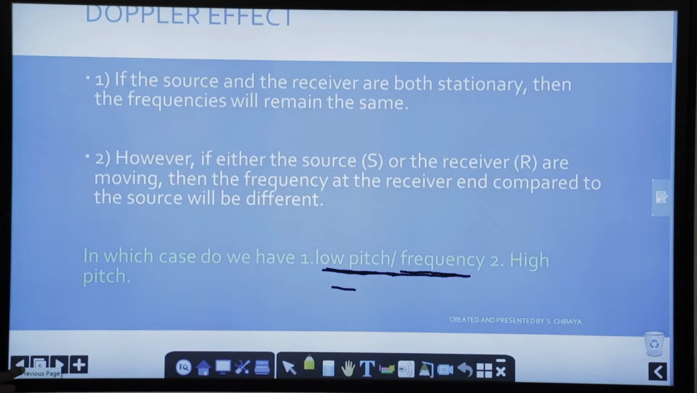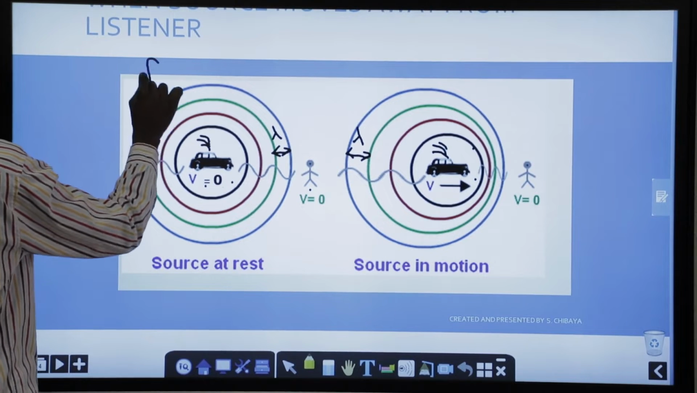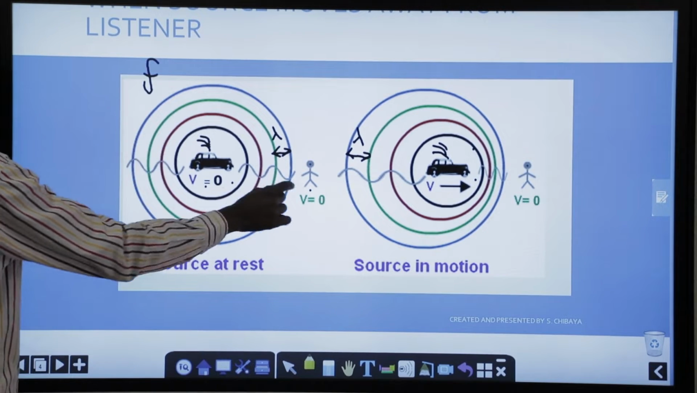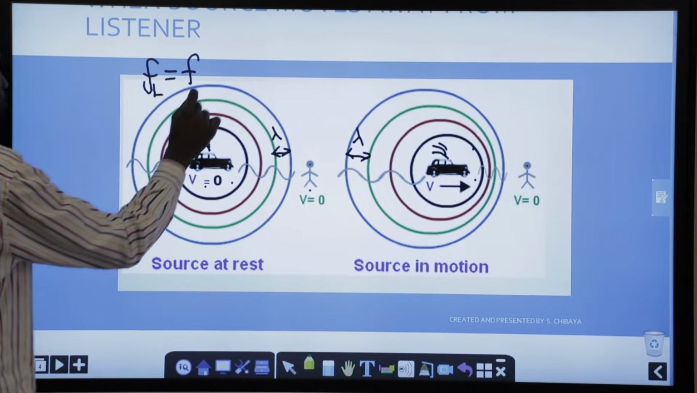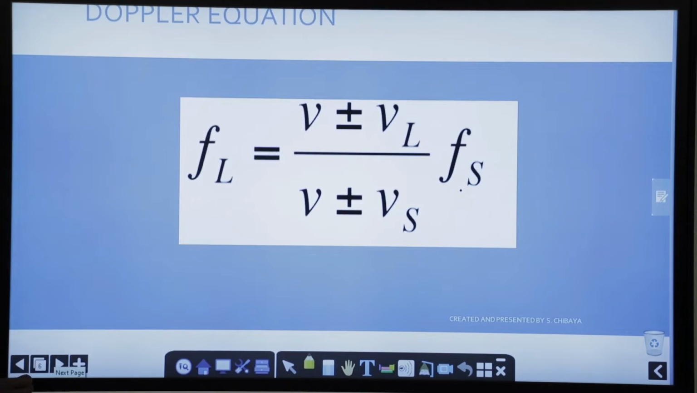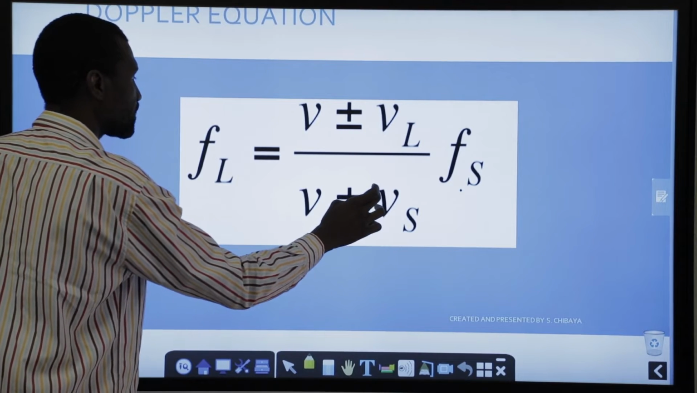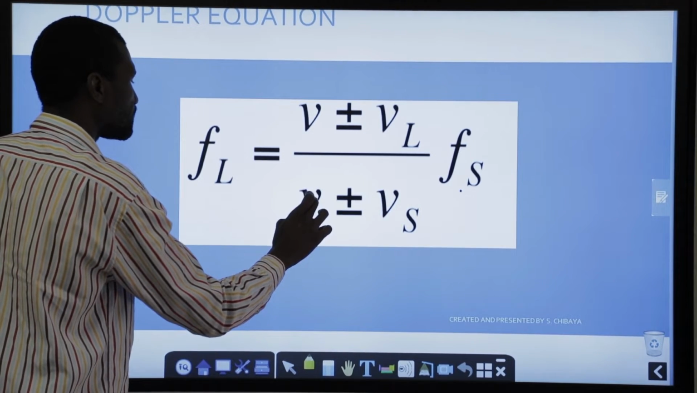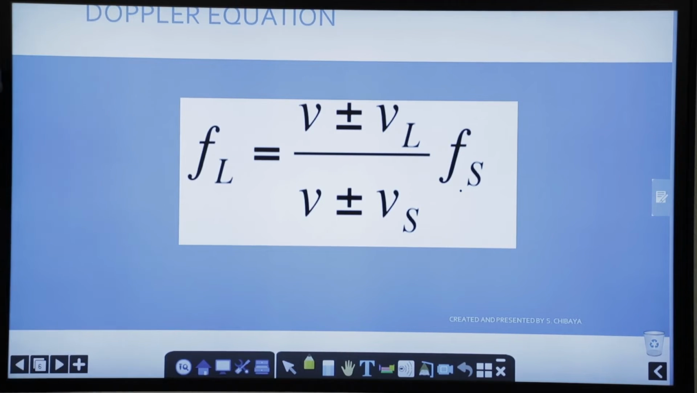Let's go back to the diagram here. In the diagram, we know that the frequency heard by the listener is equal to the frequency from the source. Why is it equal? It is equal merely because, if you go back, they are all zero here, nothing is moving. So V over V multiplied by Fs cancels, and it's equal to Fs. But how about in a situation where we now have the